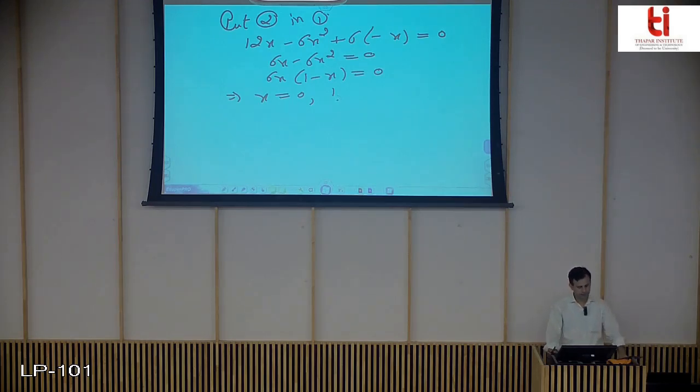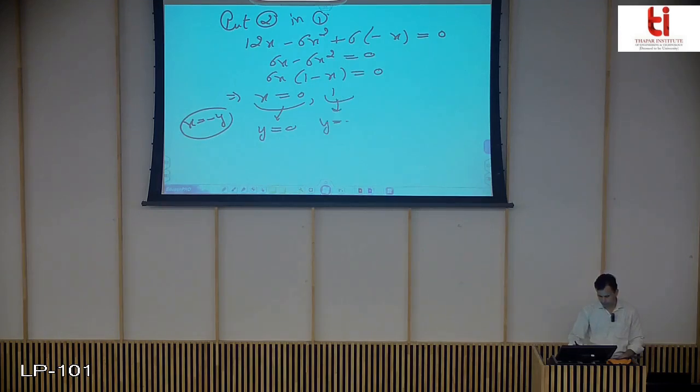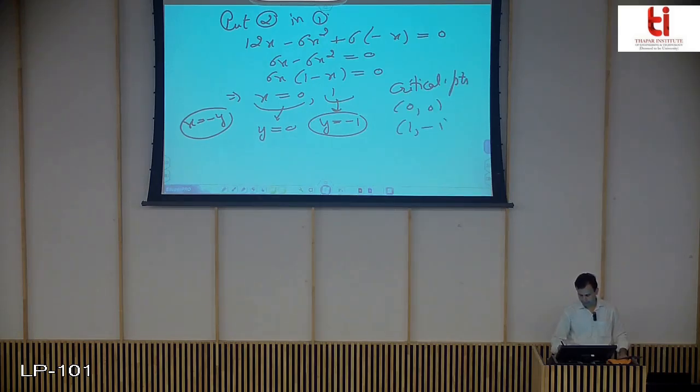So these are the values of x you are getting from these two partial derivatives equal to 0. Corresponding to x equals 0, you got y equals 0, since you have x equals minus y, and corresponding to x equals 1, you got y equals minus 1. So the critical points you got are (0, 0) and (1, -1). These are the two points that you get after setting both the partial derivatives equal to 0. These are the probable candidates where we can look for the extreme values. Let us now check whether these points are points of maxima or minima.